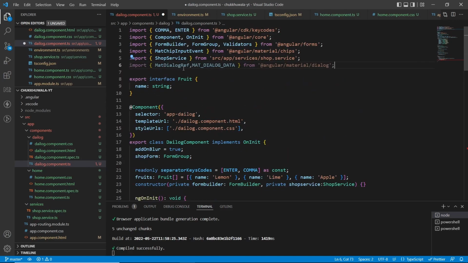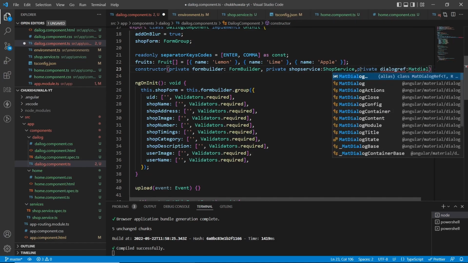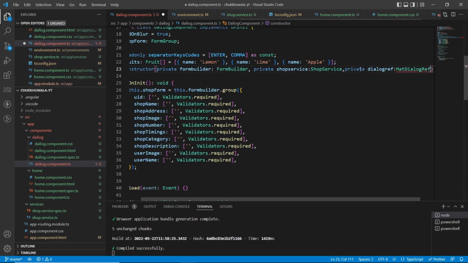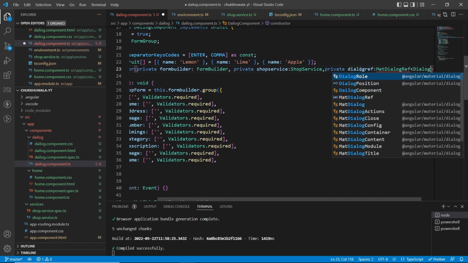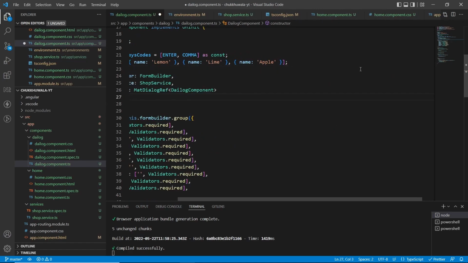Now inject this mat dialog reference. So I'll copy this and go to your constructor. Now we need to inject this. So I'll say private dialog reference of type mat dialog reference, and I'll say dialog component. Okay, hit save,